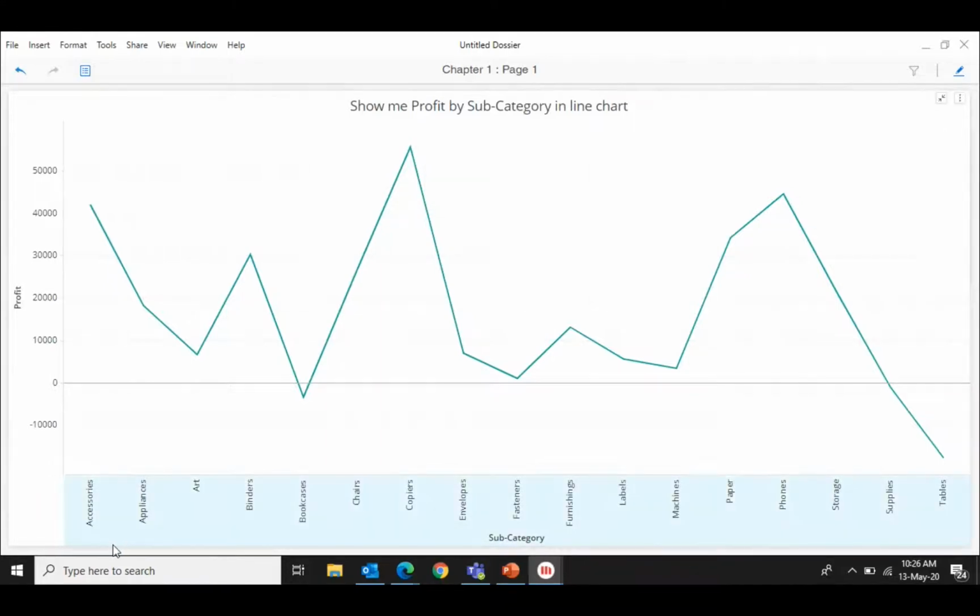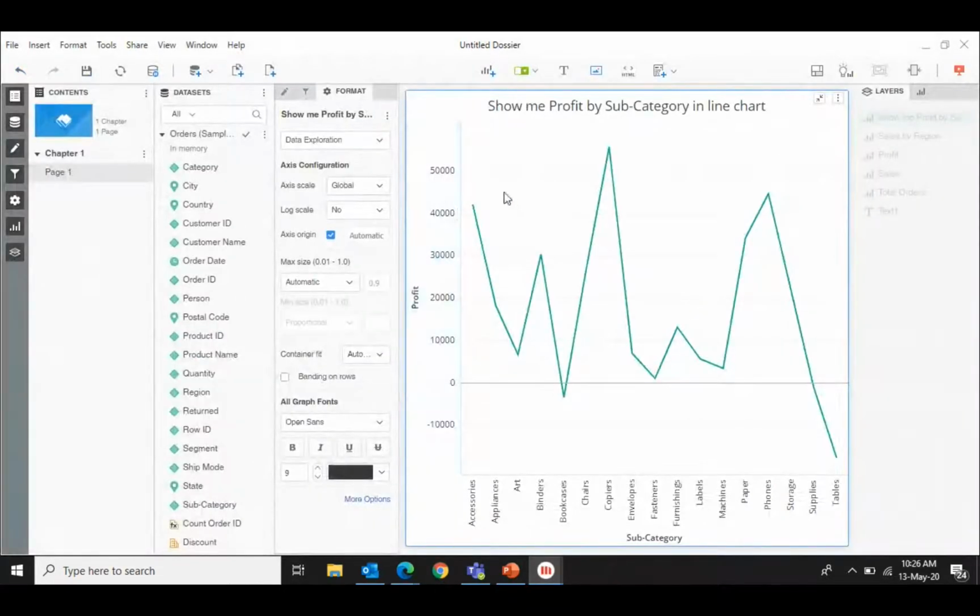The moment you click on this icon of expansion, you can see a good overview of the dashboard, all your subcategories, like accessories, appliances, art, whatever it is, and all the data points for your profits. It is actually helping you visualize. See how powerful it is. There is no need to rely on the developer. It is actually an analyst who is doing all this. So I need to display the values on these data points instead of navigating and clicking this. So what I can do is again,